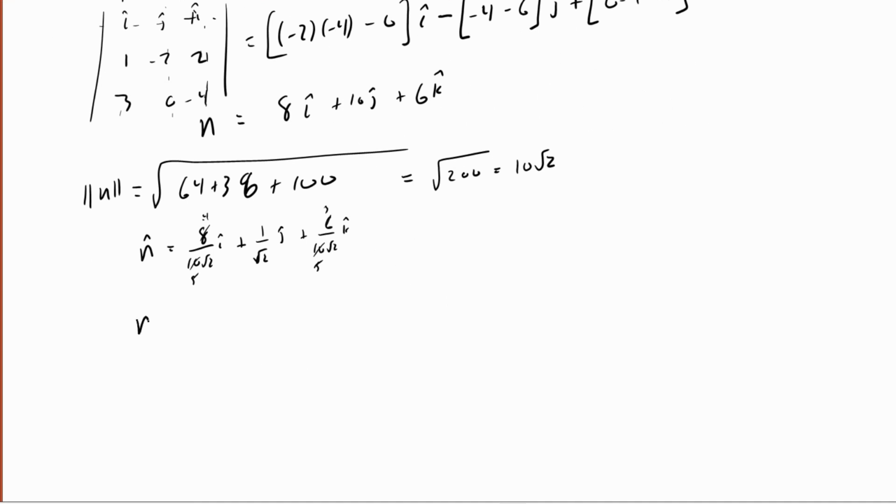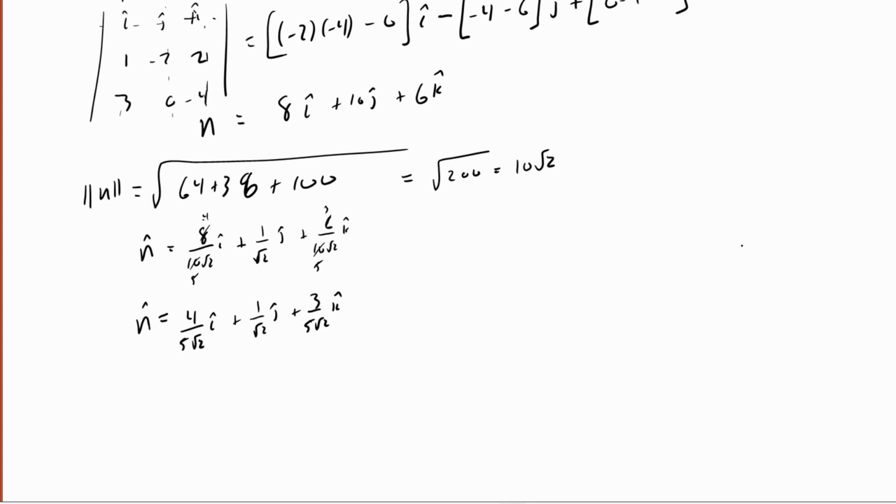So I have that n hat equals 4 over 5 root 2 i hat, 1 over root 2 j hat, 3 over 5 root 2 k hat. So that's one vector. The question said, find all unit vectors that are